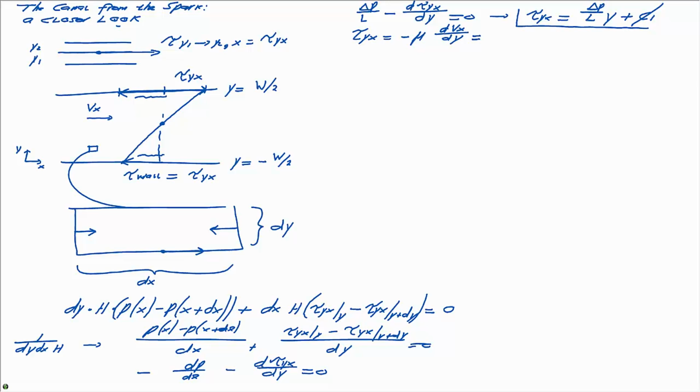So from the last question we had dp over L. Here we have a differential equation for the velocity vx. Bringing minus mu to the other side, we have dvx/dy is minus 1 over mu